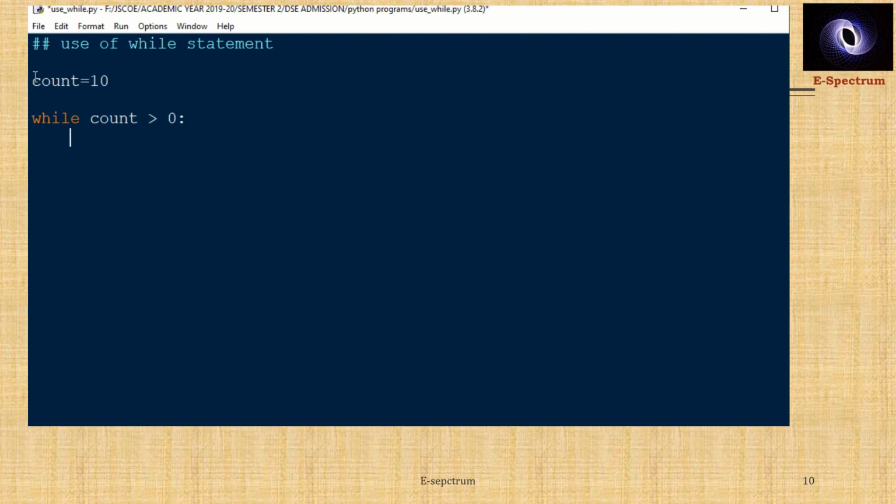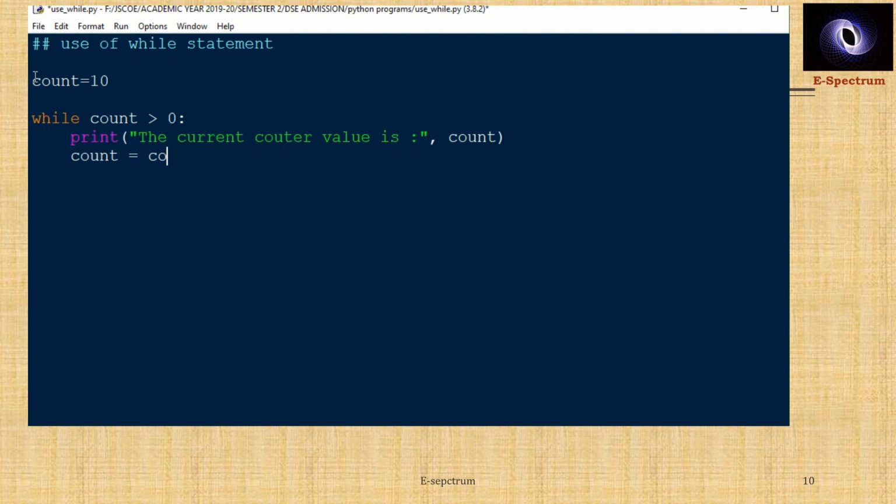During that period, we will print the current counter value. There is no automatic increment or decrement in the while, so the user has to do it manually.